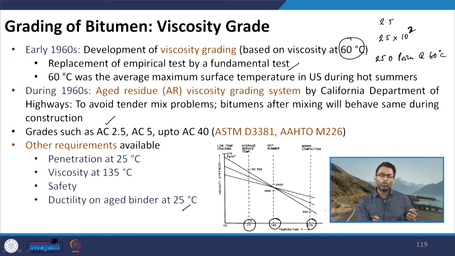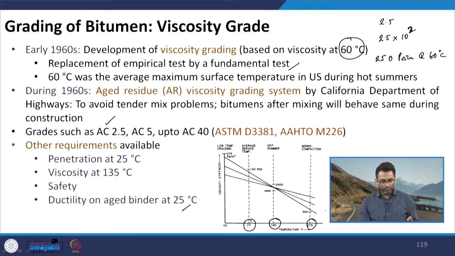And if we talk about the disadvantages, one disadvantage, which may not be truly a disadvantage, is that in comparison to the penetration test, the viscosity apparatus is more costly. And using the viscosity value, we are not able to predict or understand the intermediate and low temperature properties